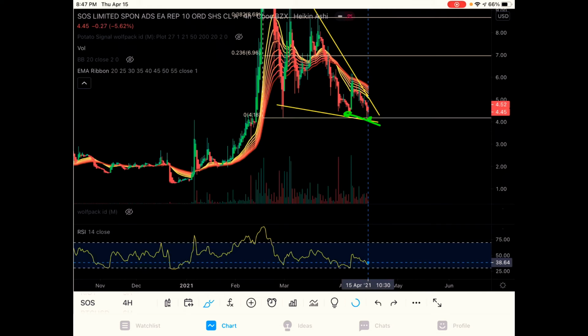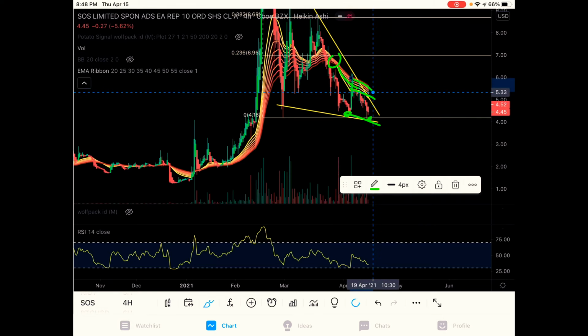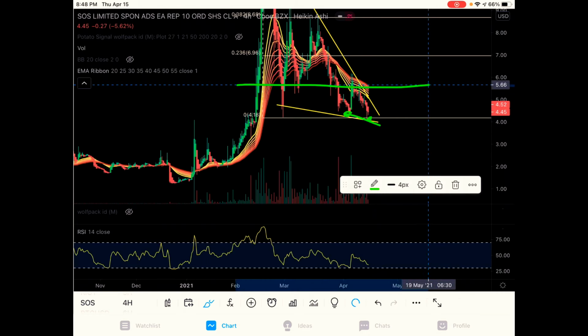We're still seeing the EMA ribbon act as resistance here. We saw it flip bearish here, and then overall the whole trend was getting pushed down by this resistance of the EMA ribbon. Once it flipped bearish and it started fanning out, it was acting as more resistance. So we see that, and then we also see this resistance line right here also acting as resistance. So a lot of confluence between the EMA, this ascending resistance, and also this horizontal resistance here at the $5.68